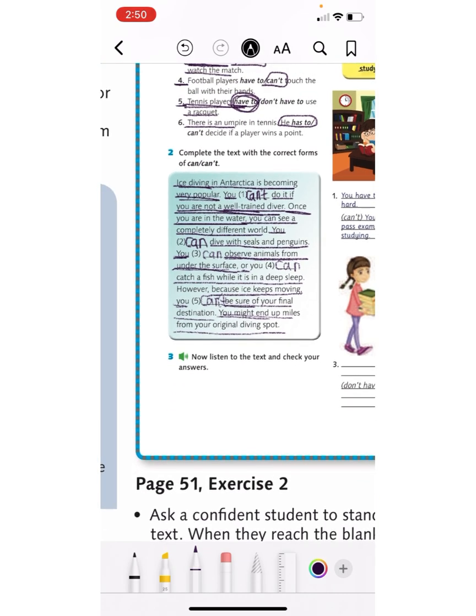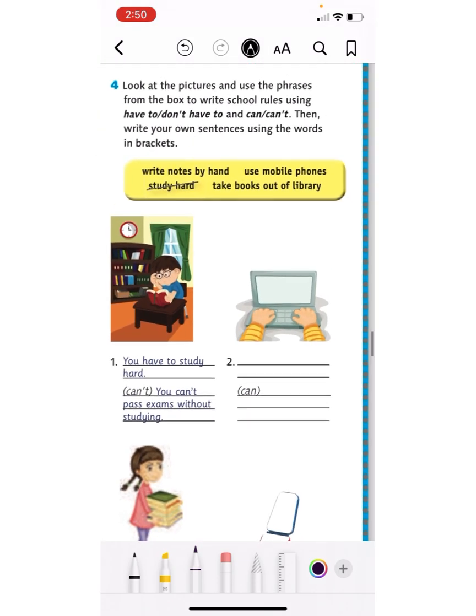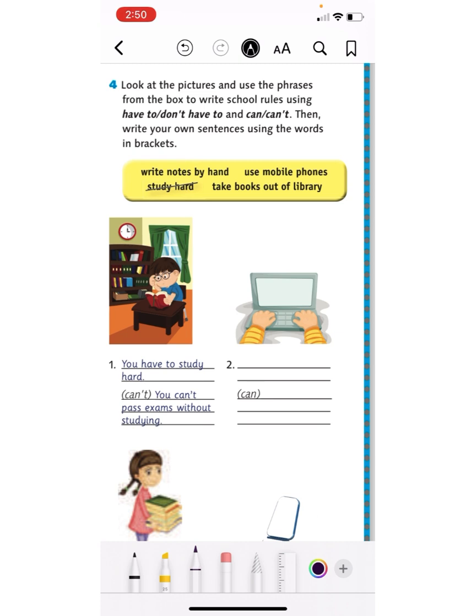This is about exercise number 2. حكينا we use can to talk about something that you are allowed to do، مسموح لك تعمله. You can go to the party. أما can't we use can to talk about something you are not allowed to do، مش مسموح لك أبدا تعمله. can't دائما can't مع have to وكان مع don't have to. طيب